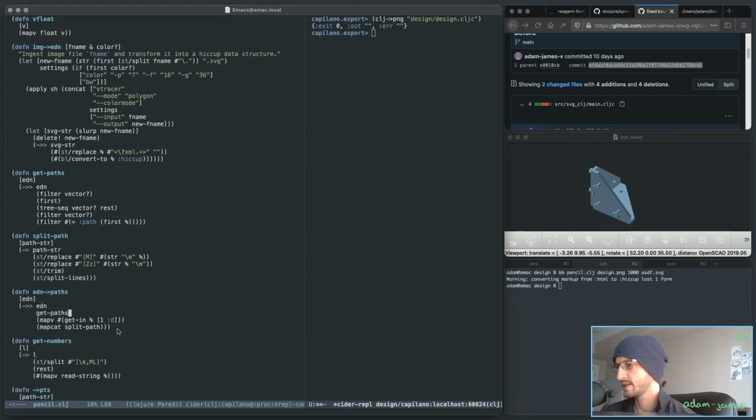Right. Eden to paths, map cat, split path. So here,